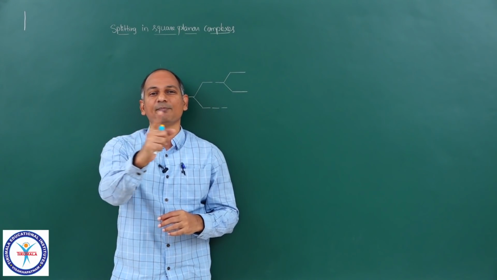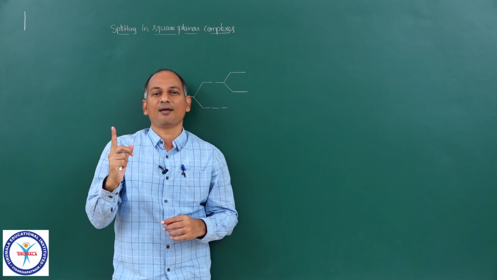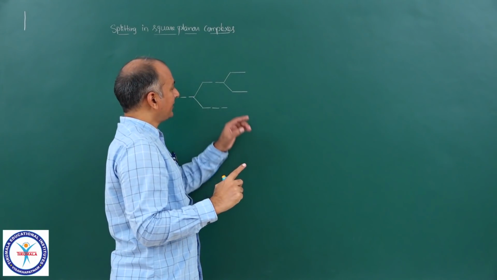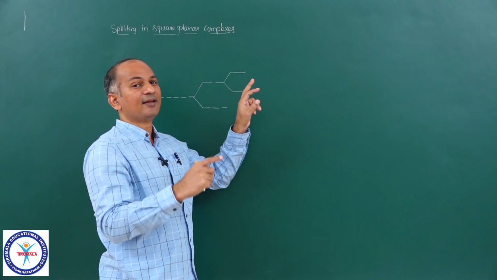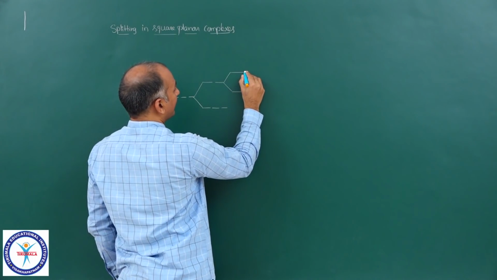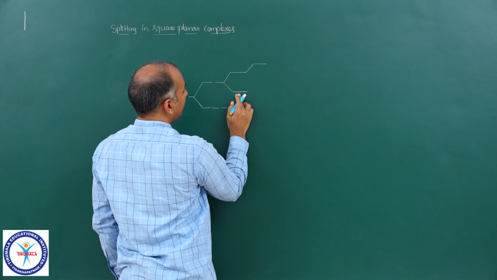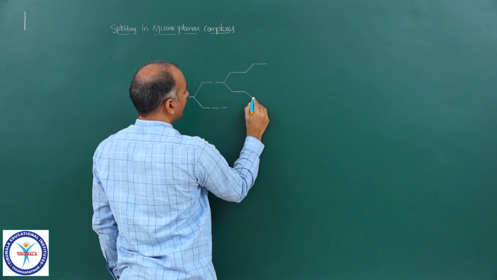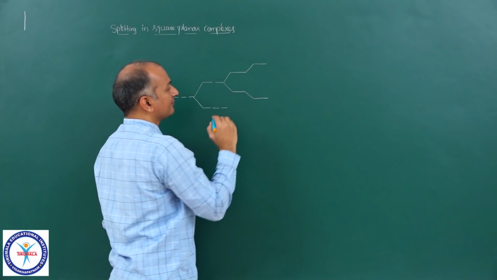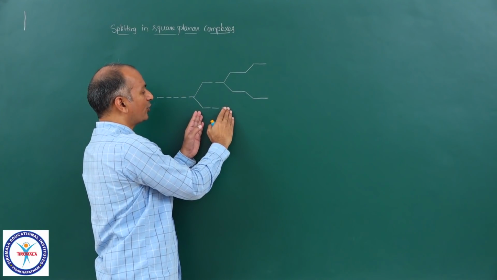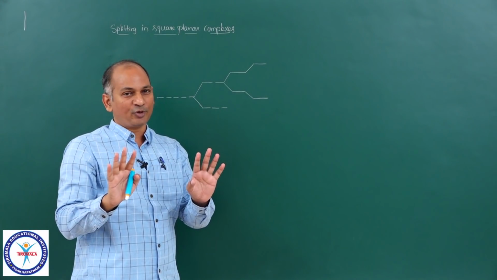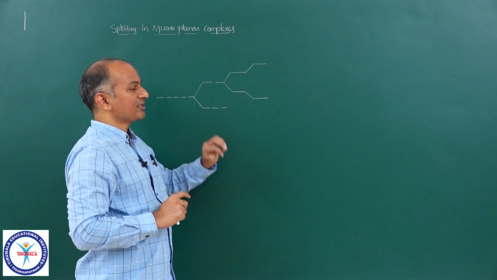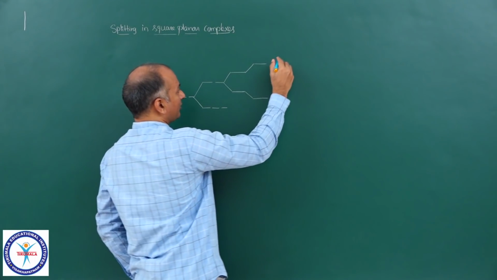And what is the shape of this complex? Square planar. Now if that is the case, the energy of the dx square y square is still raised, and the energy of the dz square is still lowered. And I told you already, you need not worry about these three orbitals, although they are also affected. So we need not worry about that. Okay. Now this is the situation. Now you listen to me very carefully.